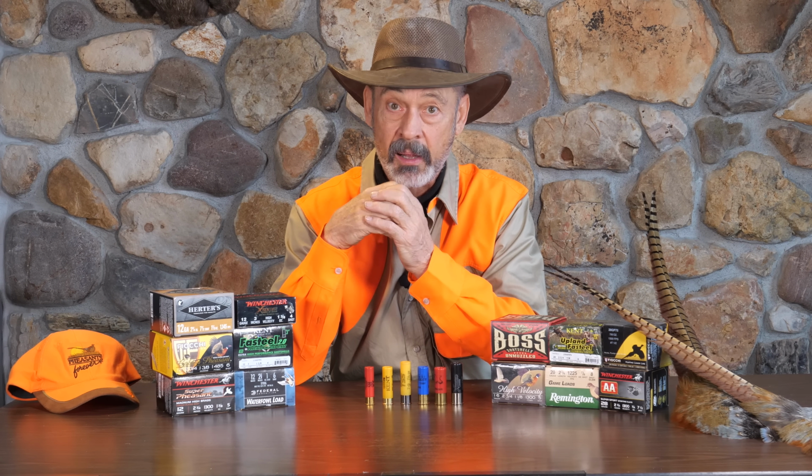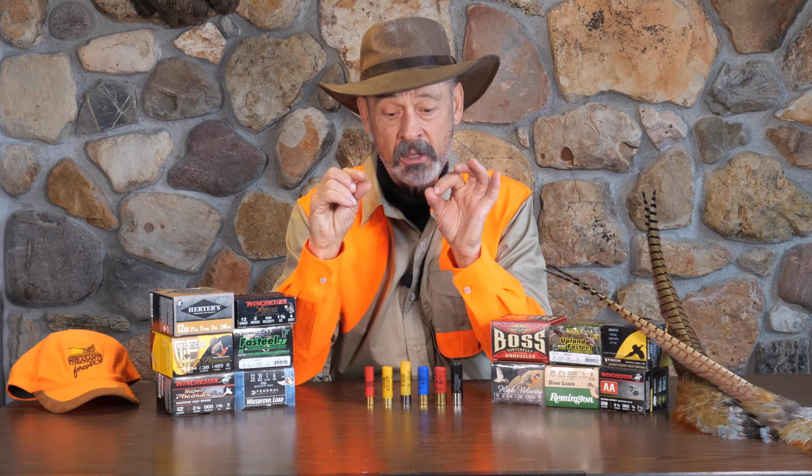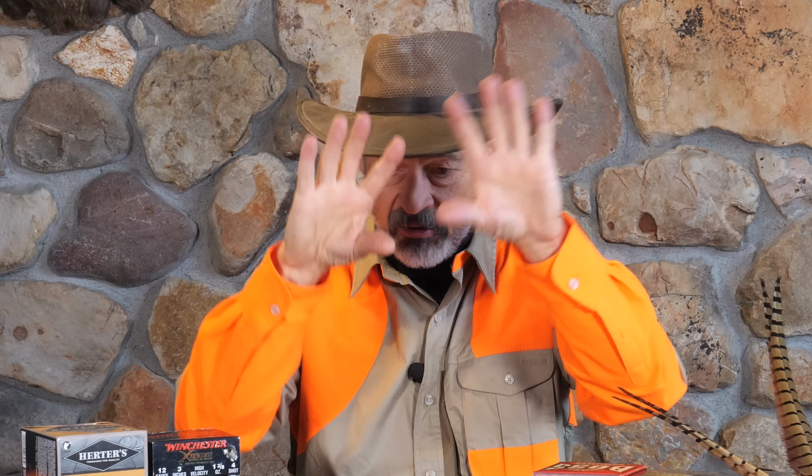And it works very well on upland birds of all types because it's so hard and those pellets are so round, you don't get the deformation you sometimes get with soft lead pellets. So as a result, your patterns stay even. The shot is evenly distributed in that pattern. As that goes down range and opens up more and more and more, you don't get pellets flying off into